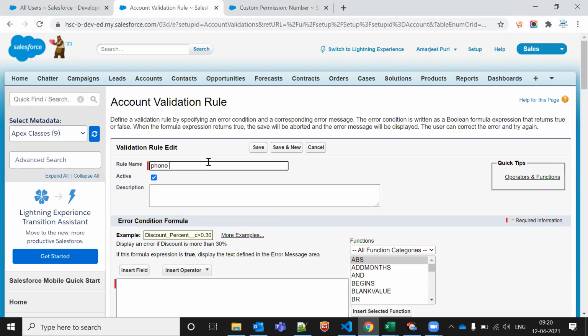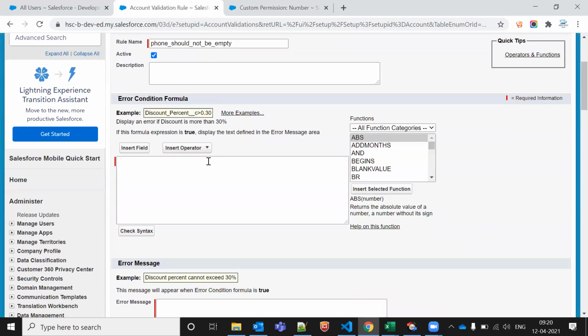Phone. Not be empty. Okay, now you can give any validation like account. I was doing that in case...